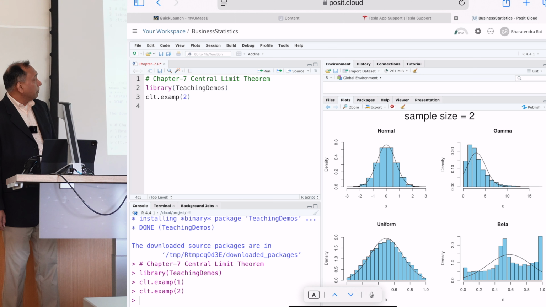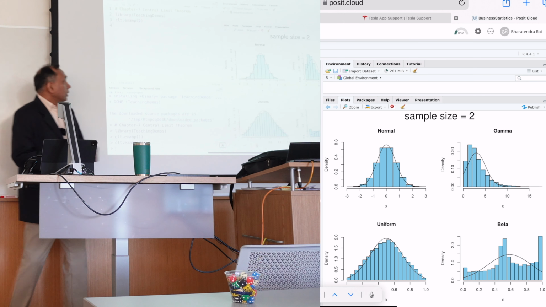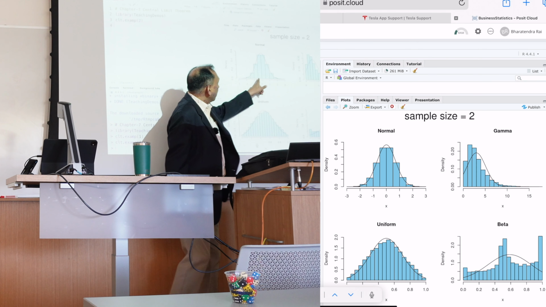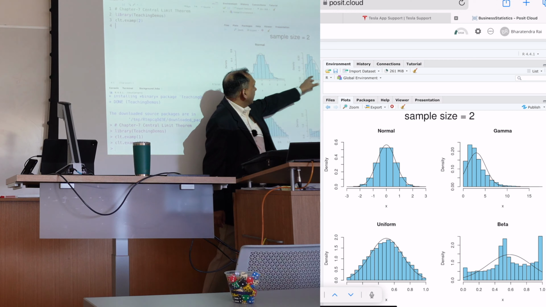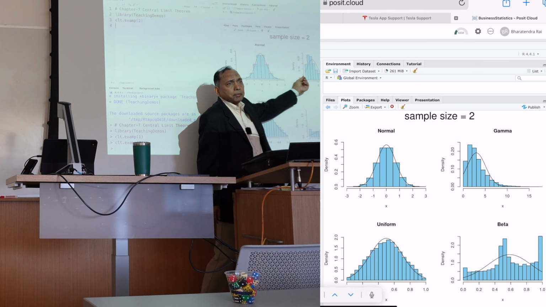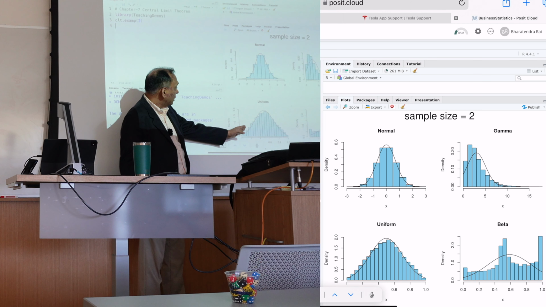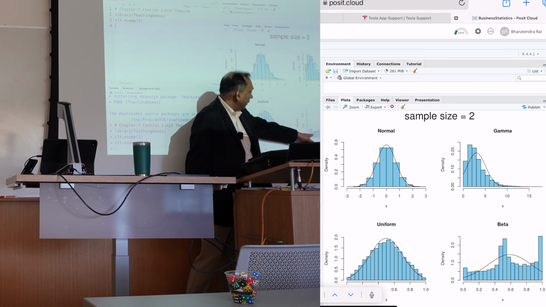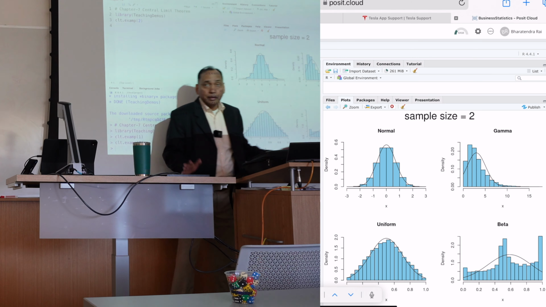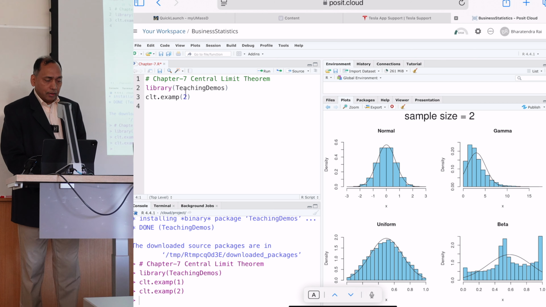Now when we take a sample of size 2 and plot the averages, the normal distribution will still look normal, but look at this highly right skewed distribution, it suddenly changes a little bit. This was uniform, and it starts to look like a normal distribution. And this was very different, and it is again changing its shape. If I go up to 5,